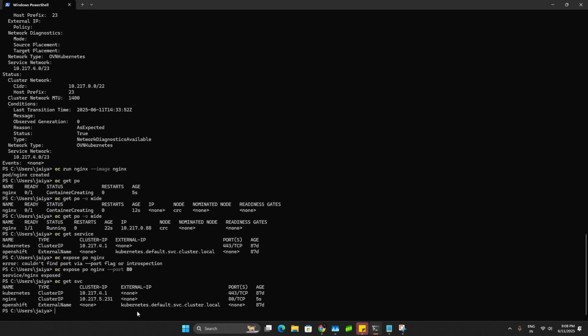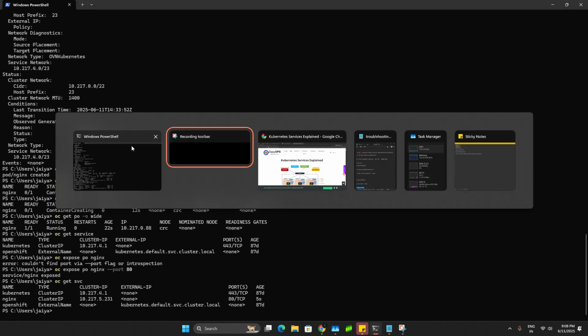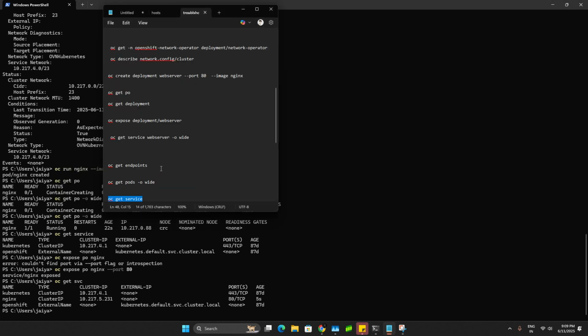Okay guys, it's exposed now. Nginx is running on port number 80. Let me expose this without the load balancer. We can expose this through the route. I already have these steps.